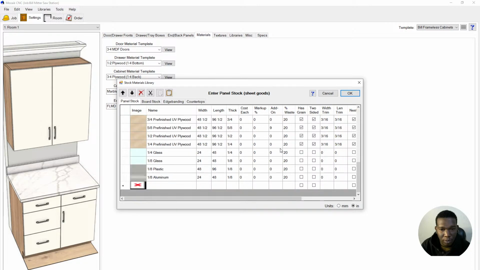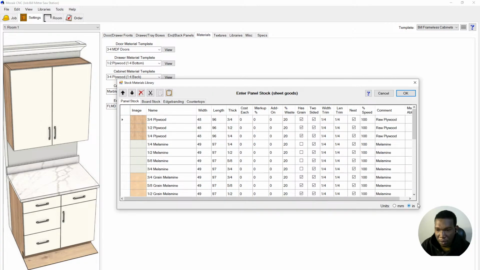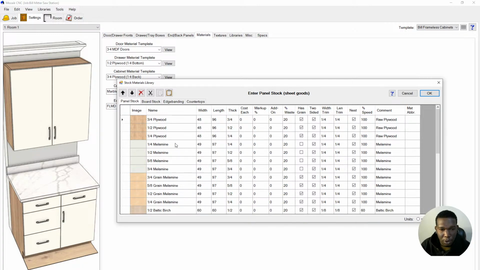So if your material, maybe you have a CNC that can cut 10 feet material, let's assume that is the case in this example. You can just select material that is close to yours this way, and then